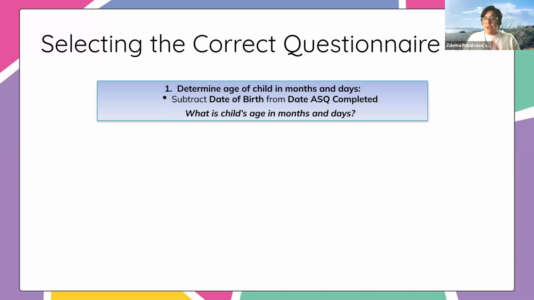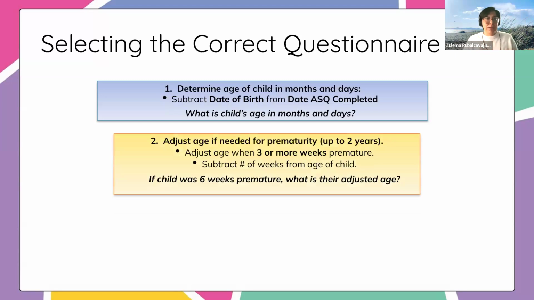One of the things that we forgot to do is to ask if they were born premature. Turns out, yes, this kiddo was 6 weeks premature, right? So then what we would do is we would adjust, right? We would get their age, and then we would subtract the number of weeks that they were born premature to get their adjusted age, right? So if we left it at 17 months, 19 days, this kiddo would probably get an 18-month questionnaire. But because they're 6 weeks premature, once we subtract those weeks, it would bump them down to a 16-month questionnaire.